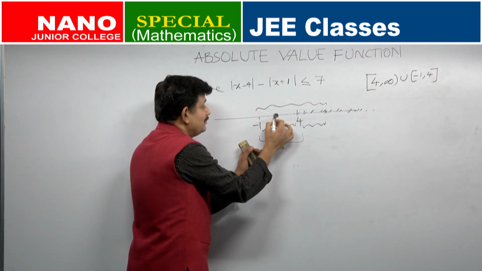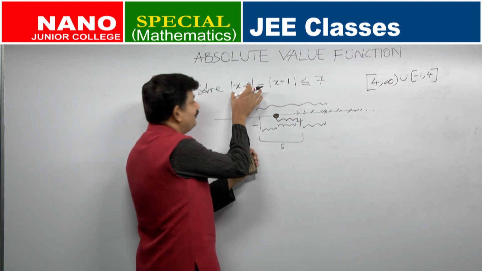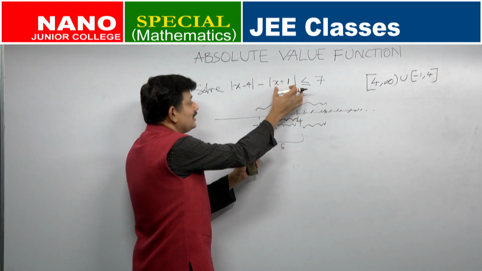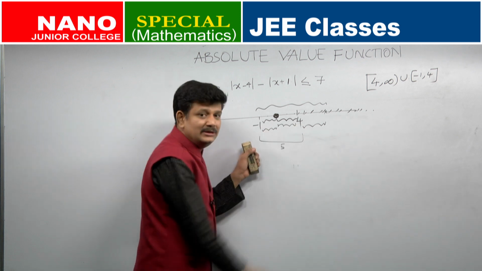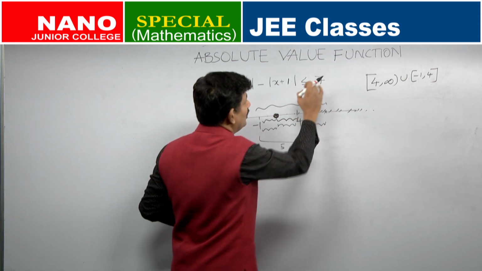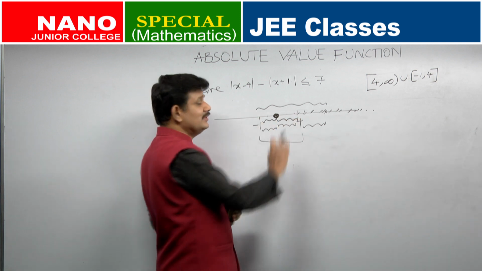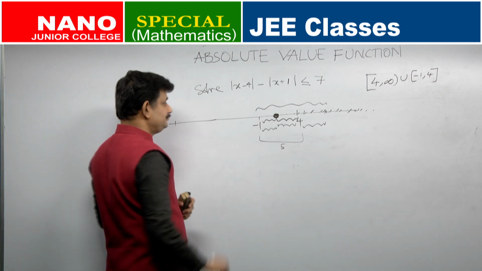I am taking any number in between −1 and 4. Distance of that number from 4 is less than 5. From that again you are removing some other distance which is positive. So, it will in turn be less than 5, and you want all the numbers which will give you less than 7. So, definitely each and everything is part of your answer. Let me look at somewhere here.